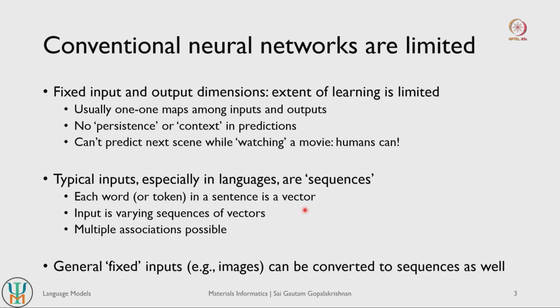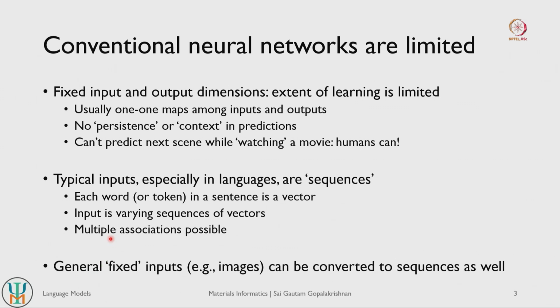So think of this as translating simple words into some kind of vectorial space, a numerical high dimensional space, right. So you can always transpose a word into a vector, but a sentence is basically a collection of these vectors, and this collection of vectors is referred to as a sequence, right. So in language models we have to ensure that we can deal with sequences of different lengths. We cannot always expect sentences to only have 5 words or only have 10 words and so on, right. So the input for models that can process language should be able to deal with varying sequences of vectors, so varying lengths or varying collections of vectors.